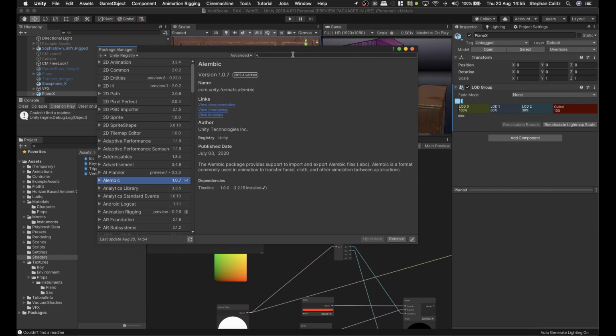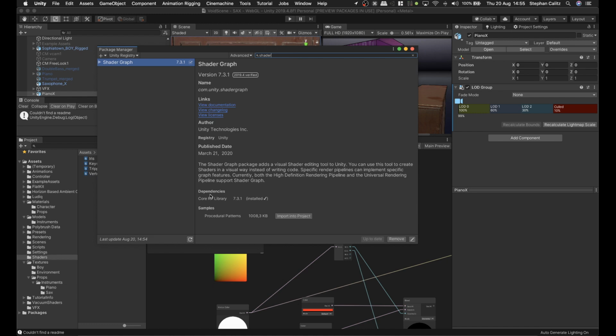So shader graph, there's a procedural patterns sample that you can import. Shader graph comes standard with URP, you don't have to install it